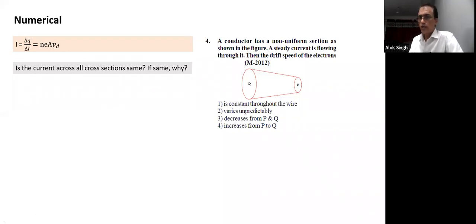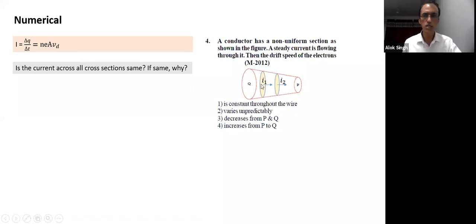The first question we need to ask: we have said the current is steady, but does it mean the current across all cross sections is the same? On what basis can we conclude that? Let's see if the current at Q is equal to I. Will the current be the same across all cross sections? Actually, in a steady state, we can prove it will be the same across all cross sections. Let's prove how. I have taken two cross sections here, this one and this other one.